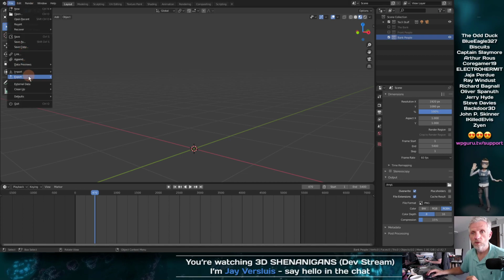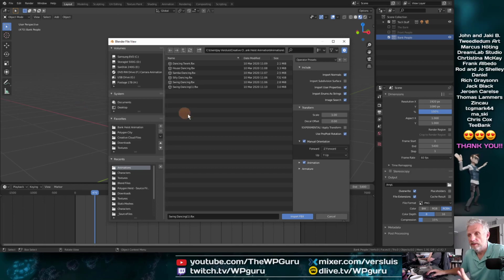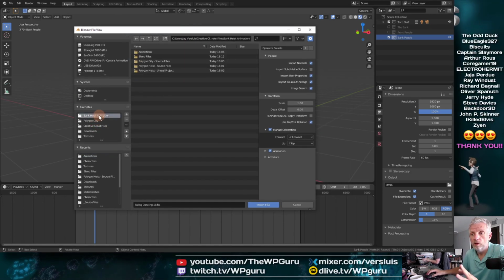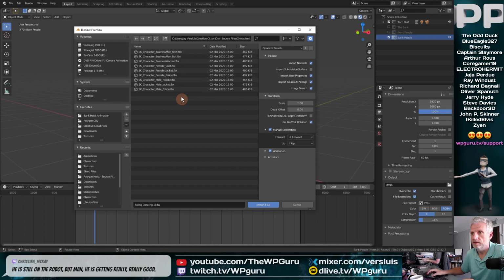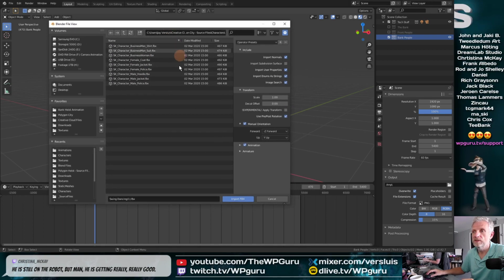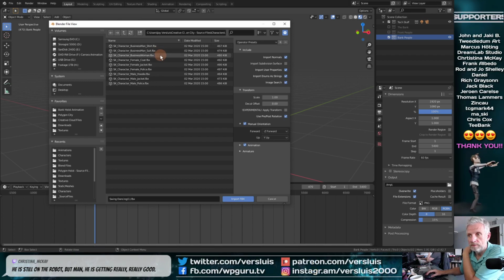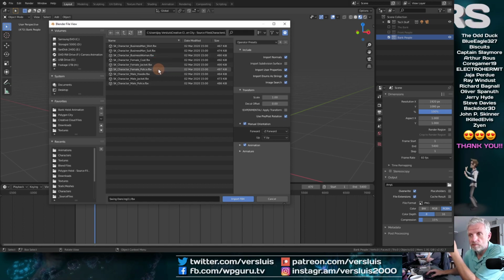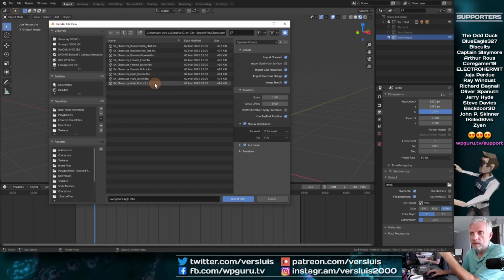In bank people, let's import 2 or 3 characters now from the Polygon City pack. I've copied those resources into here as well. Polygon City characters, and these we can all use. There's a businessman in a shirt and in a suit, a businesswoman, a female with a coat, a female with a jacket, a female police officer, a male with a hoodie, a male with a jacket, and a male police officer.